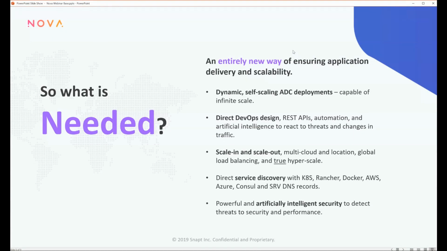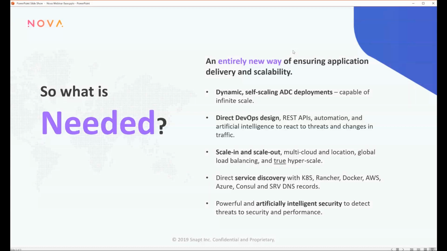A focus on DevOps design. DevOps is a funny word. It means a lot of things to a lot of people, but to us, it means this more modern way of deploying applications and looking at things as a service, caring about the whole stack, automation, controlling things via API a lot of the time, stuff like that, right?